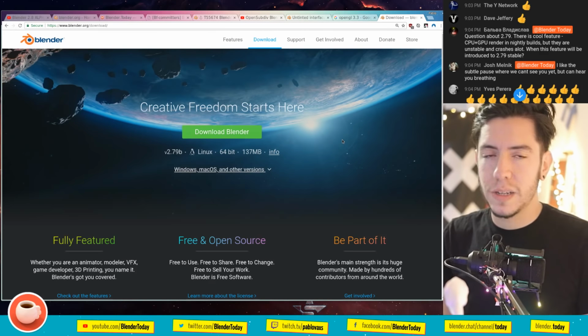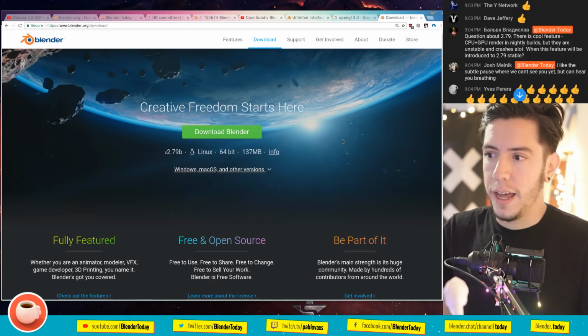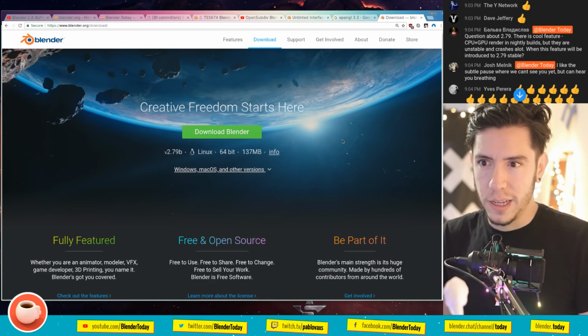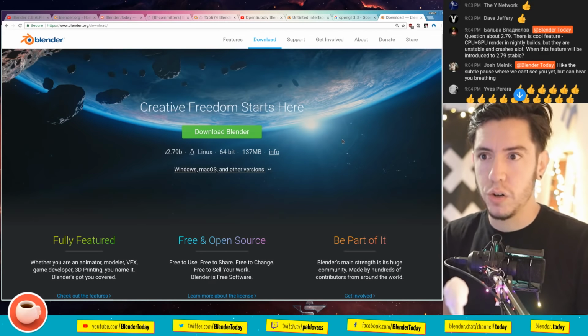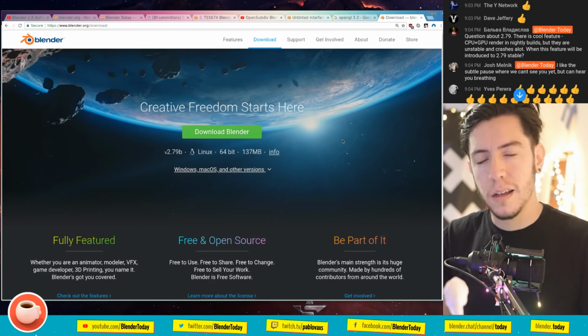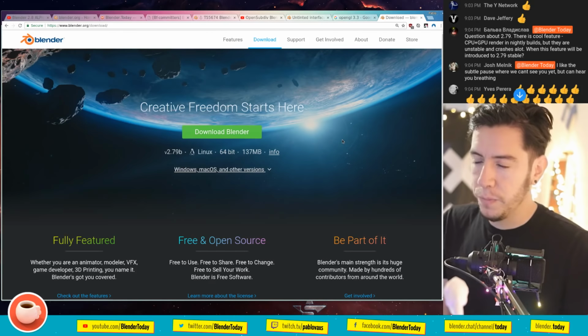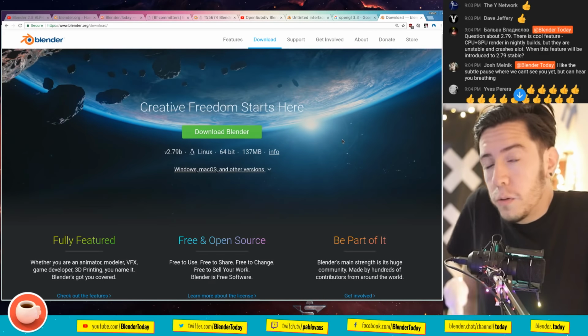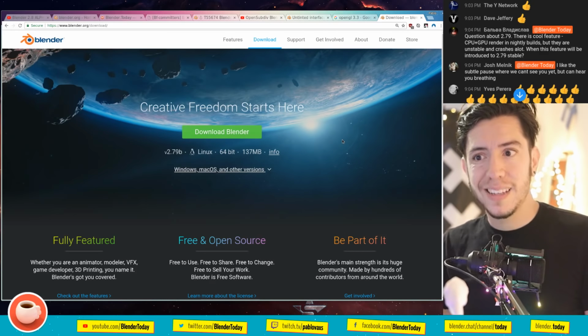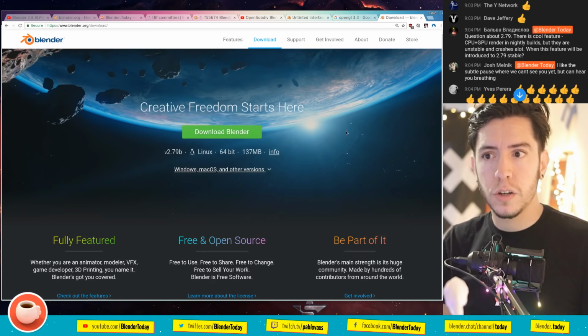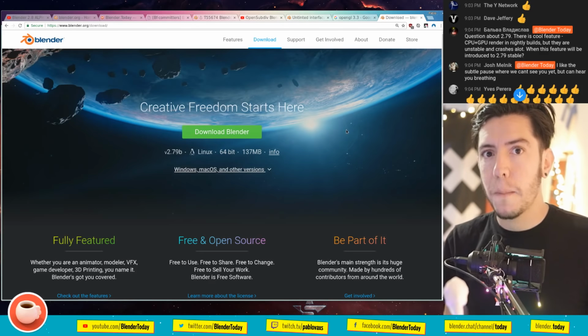But we are so close to 2.8 that I don't see that happening anytime soon, unless there is, like I said, a very serious security issue, just to keep 2.79 as clean as possible. So why are there no new things implemented in 2.79? Well, because like you said, it's unstable and crashes a lot, because what you're using is not 2.79, it's master.